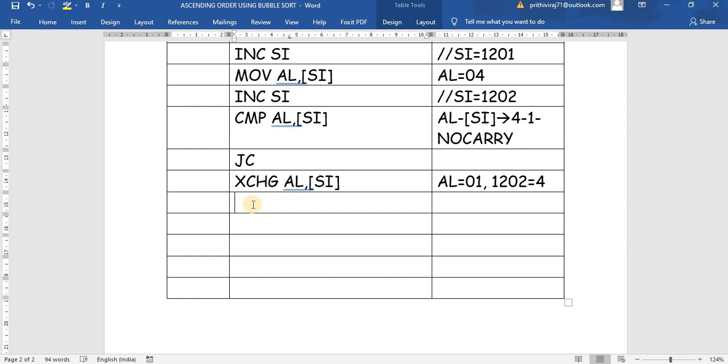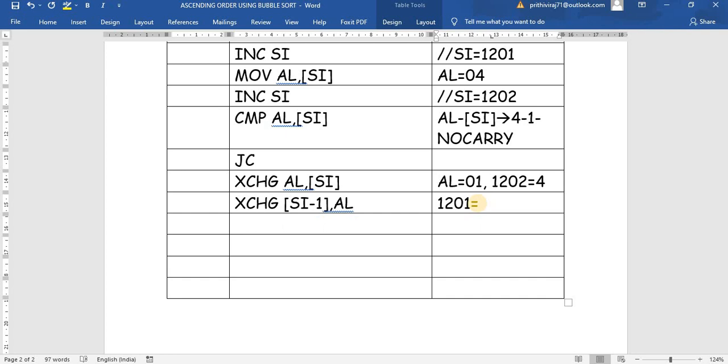Am I right? So exchange [SI minus 1], AL. SI minus 1 means already the SI is at 1202, so now SI becomes 1201. In 1201 we will swap a data. In the 1201 we have the AL data, so the AL value will move to 1201.